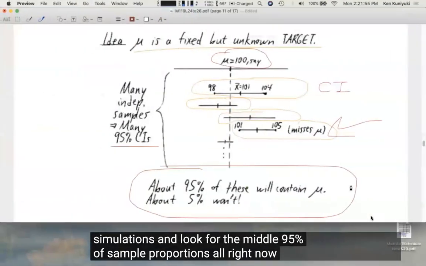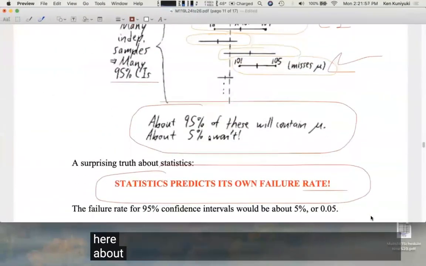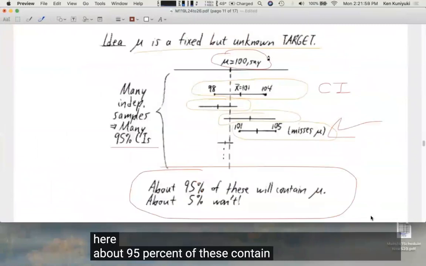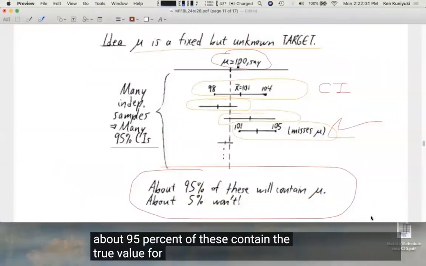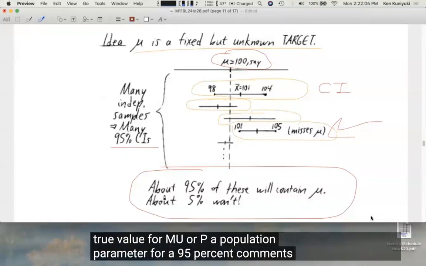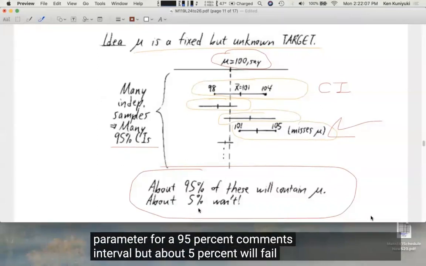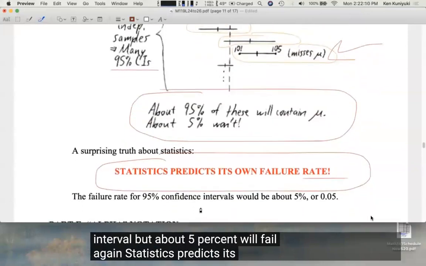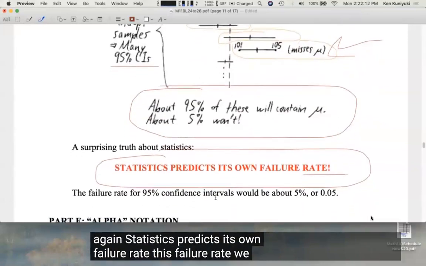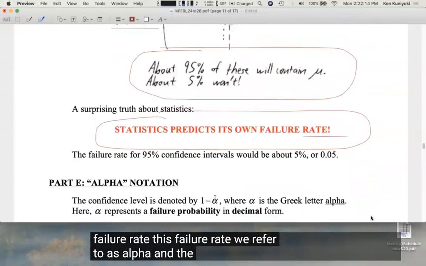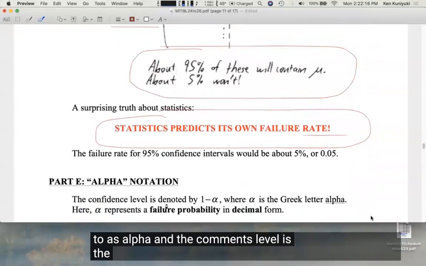All right. Now, back here, about 95% of these contain the true value for mu or P, the population parameter, for a 95% confidence interval, but about 5% will fail. Again, statistics predicts its own failure rate. This failure rate we refer to as alpha. And the confidence level is the complement, 1 minus alpha. So, for example,